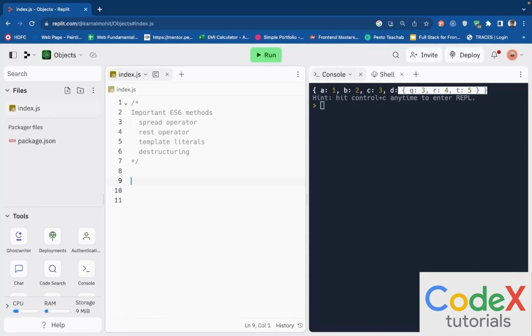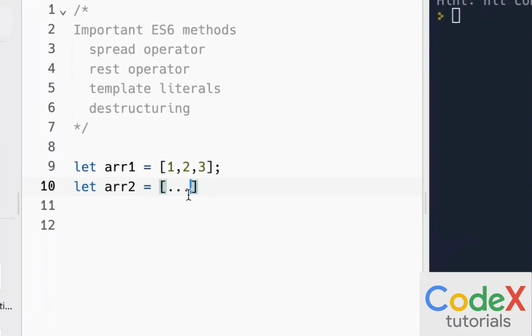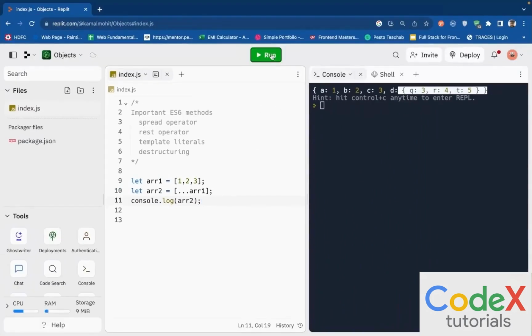So what do I mean by this? Let's say I have created an array1, and I put it to be 1, 2, 3, right? And now I create another array2, and I want to spread out or basically copy the values of array1 inside of array2. I can use a triplet of dot operators and put in the array name something like this. And now if I do console.log of arr2 and run my code again,